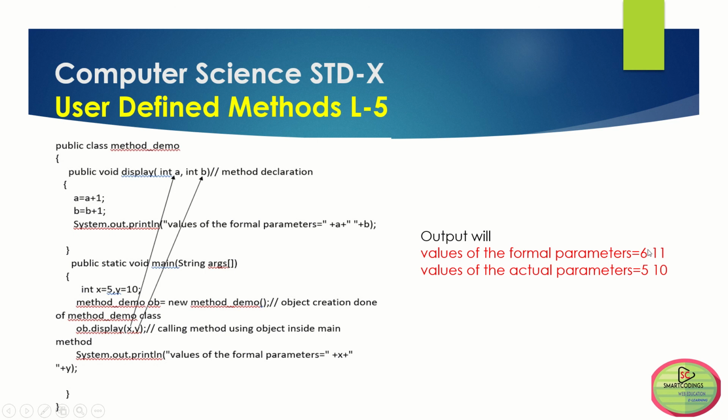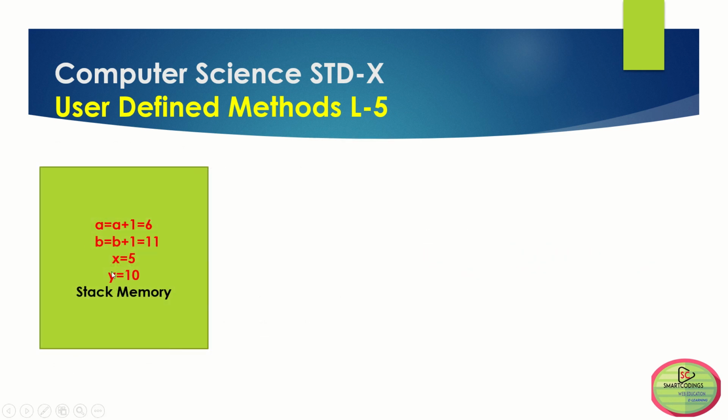Now why is this happening? Because I will put a diagrammatic representation in the next slide. See, a and b are the formal parameters. They are primitive data types, and x and y are also primitive. So what happens is, all the primitive data types and the reference variable are stored in stack memory. Let us see here, students. In the stack memory, you don't need to know the detail of stack memory. Just know that reference variables and primitive data types are stored in stack memory, and all the objects are stored in heap memory. This much you understand first.